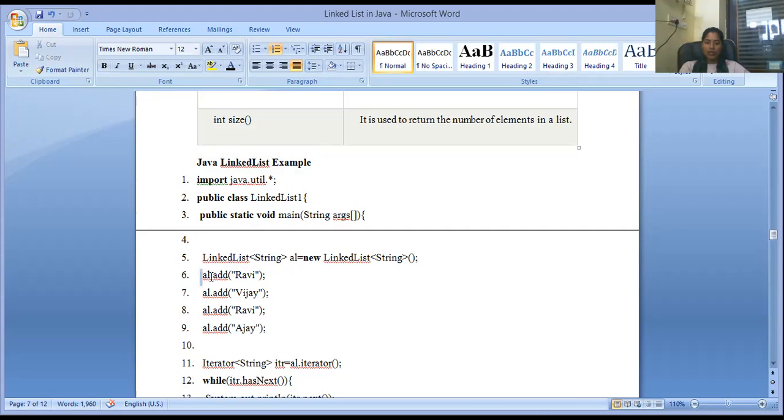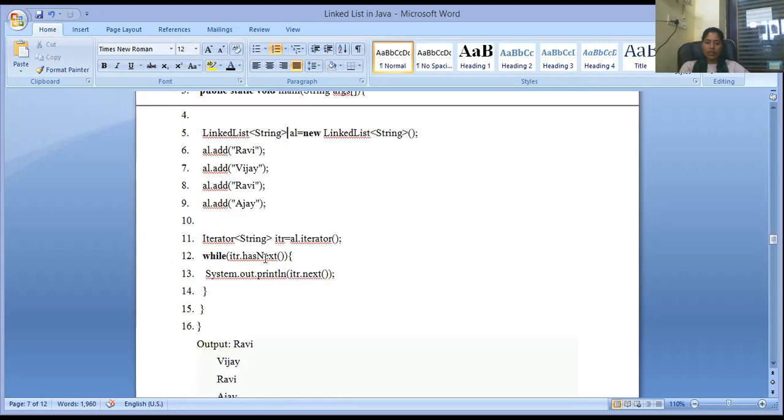And now you are adding something: al.add("Ravi"), al.add("Vijay"), Ravi, Ajay, isn't it? So now Iterator<String> itr = al.iterator(); while (itr.hasNext()) System.out.println(itr.next()), which will print what you have stored.